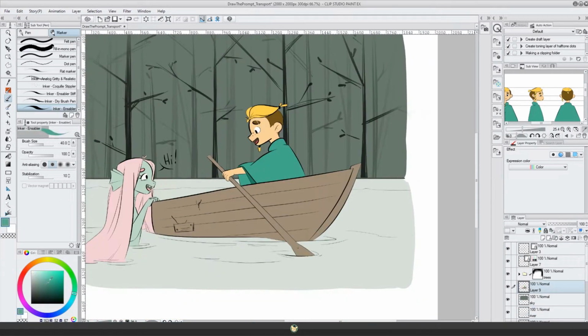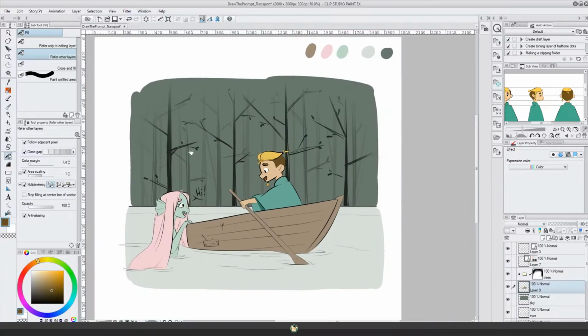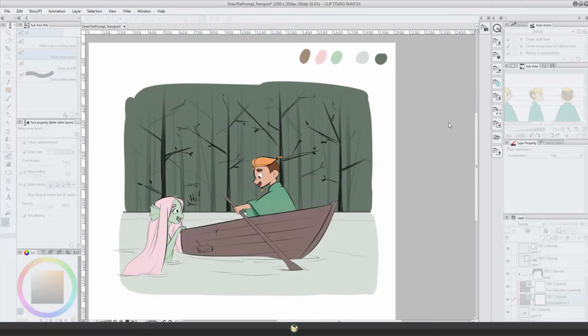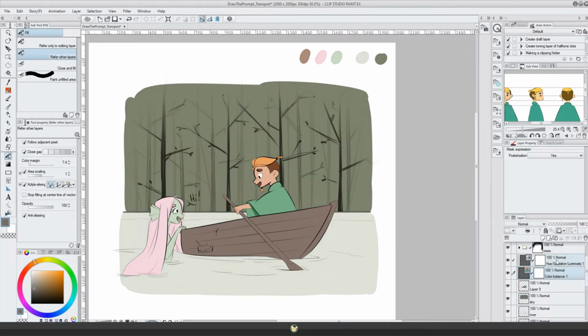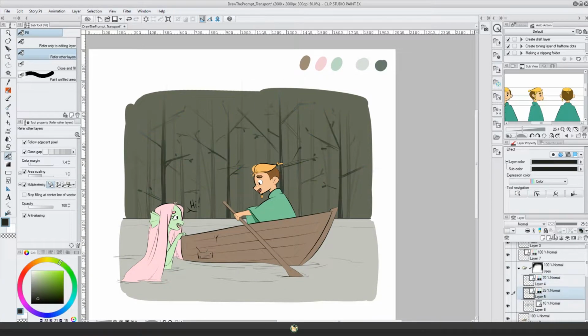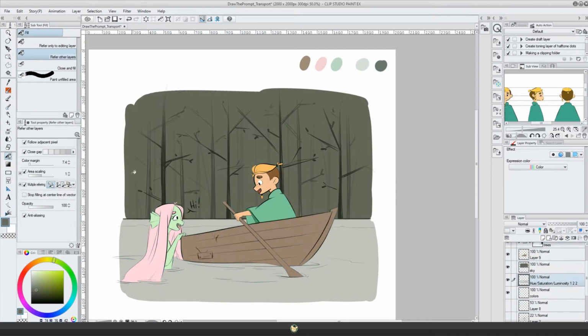I try to take it slowly, experiment a lot and see what works and what doesn't. As you can see, I change colors a lot through this process. This happens a lot when I don't have the colors completely planned. I do have some idea on which colors I want to use, but I'm not sure if I like how